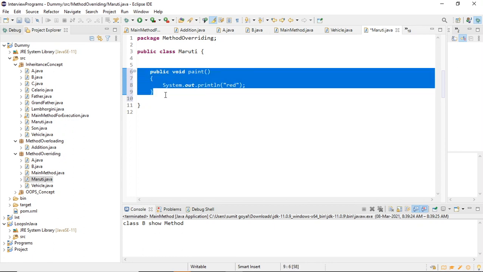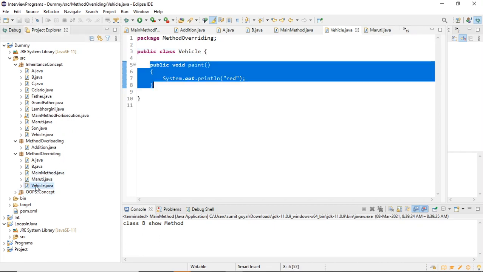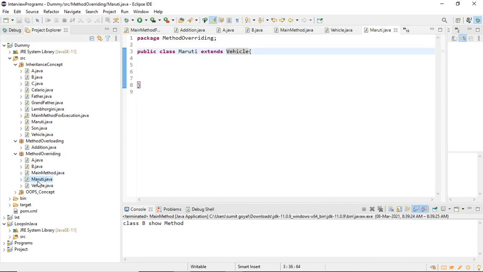But that is not a good approach. I am rewriting the same duplicate code again, so it is better to extend the class. I hope this is clear to everyone, that this is why we do inheritance here. Is it clear?